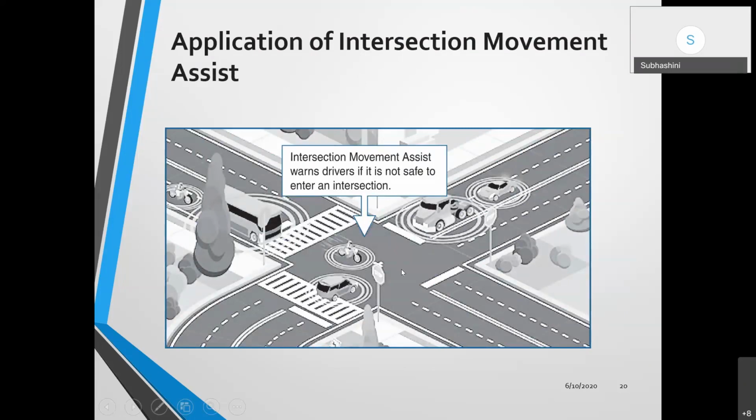During the point when you meet any signals or circles, whether you are violating the traffic rules or not, whether you're following the rules or not, these things will be alerted to you. In case the vehicle is moving out of the signal, or within the signal, those intimations will be given to the passenger, or even to the driver. In case of driverless, it will be given to the passenger. So these sort of